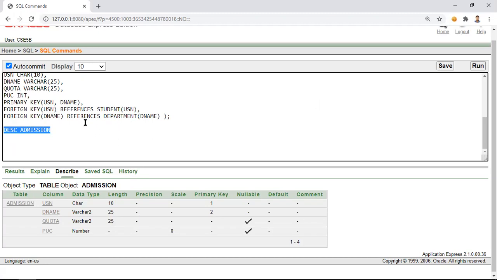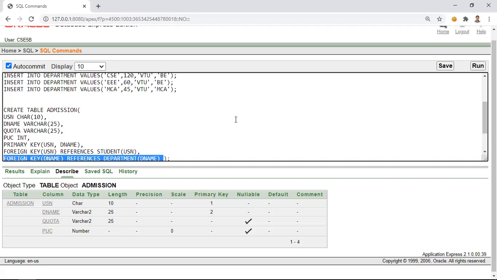Whenever we specify foreign keys, there should be an order in which we create the tables. For example, first we created the student table, then the department table, and then the admission table. But if we change this order, the foreign key will throw us an error, because